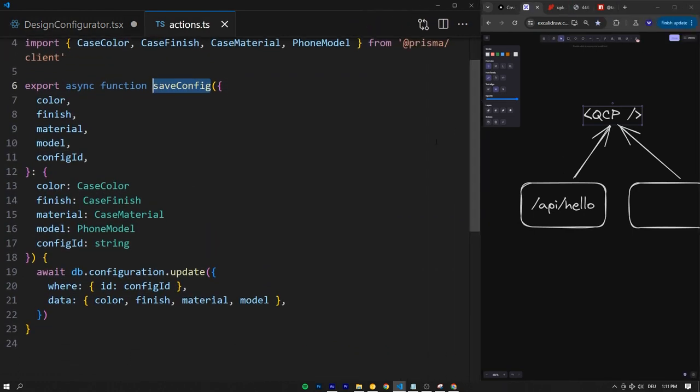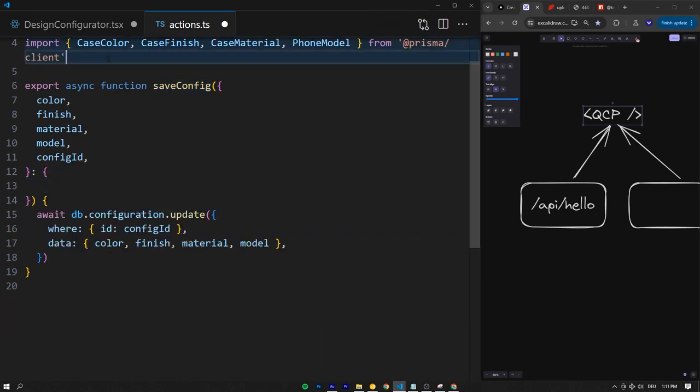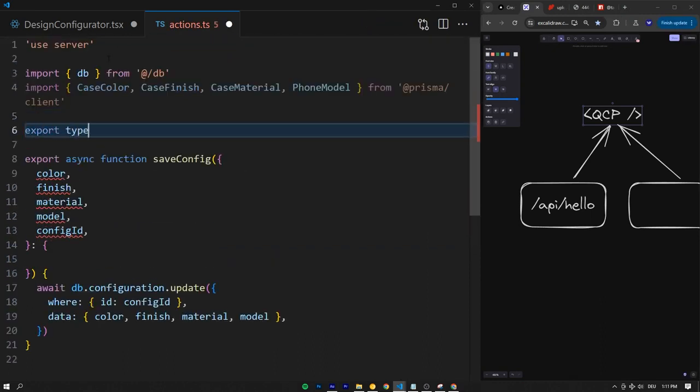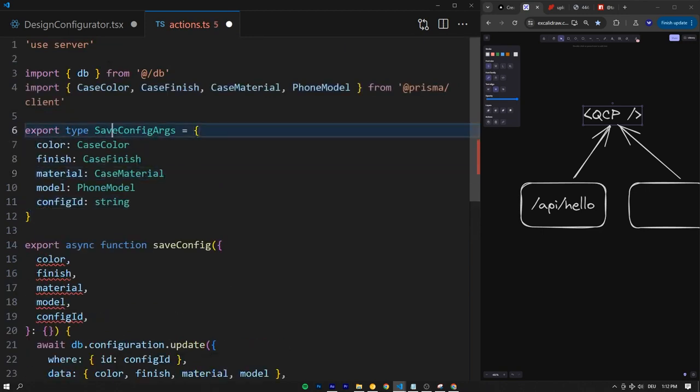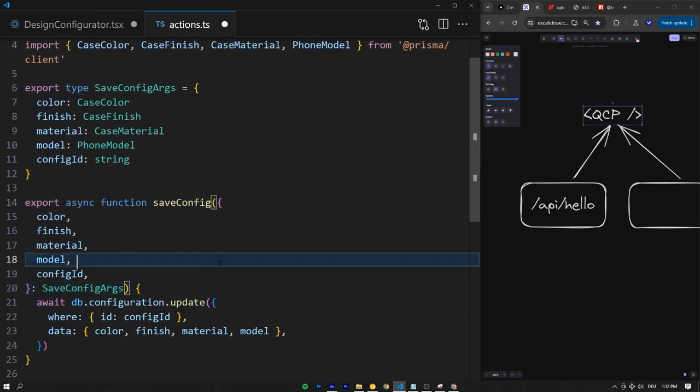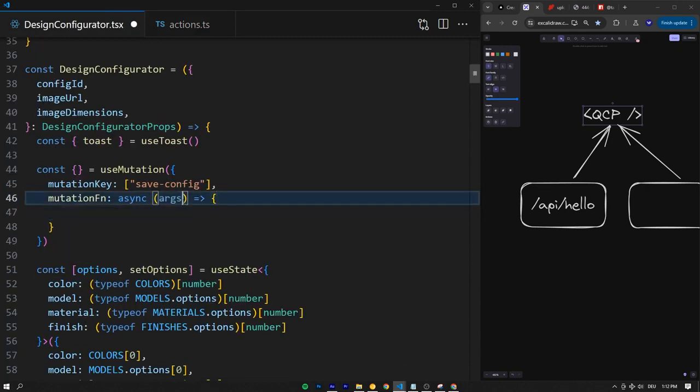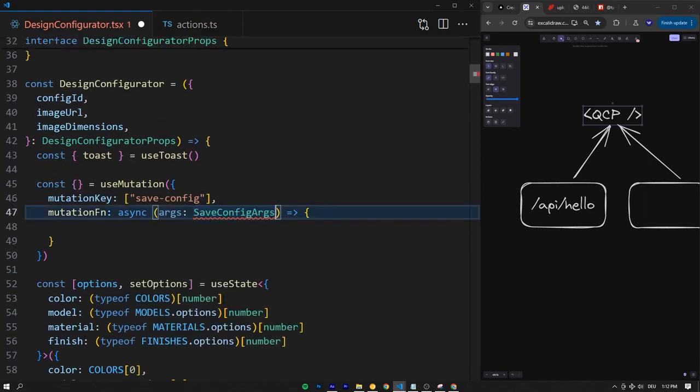So one thing we can do is to literally grab the entire TypeScript annotation for our save config and then export a type, and let's call this, for example, the SaveConfigArgs type, and that is going to be equal to an object that contains these values. And then we can simply use the SaveConfigArgs right down here, and we can now also import the